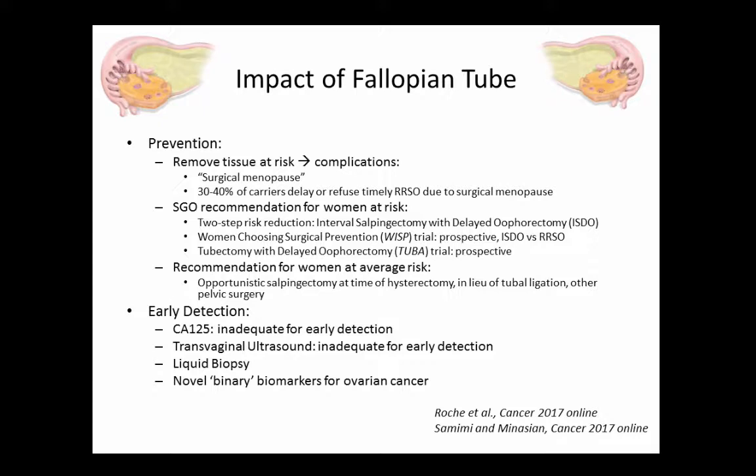menopause. There are two studies that are actually looking at this. The WISP study, Women Choosing Surgical Prevention trial, which is ongoing now, comparing the two, and the TUBA trial, both prospective studies that are actually looking at high-risk populations. The WISP study is being done at 6 centers across the country. I think the goal is to enroll about 300 BRCA mutation carriers and offer them this, and then obviously prospectively follow them and see whether over time their risk or incidence of cancer is similar to the bilateral salpingo-oophorectomy or